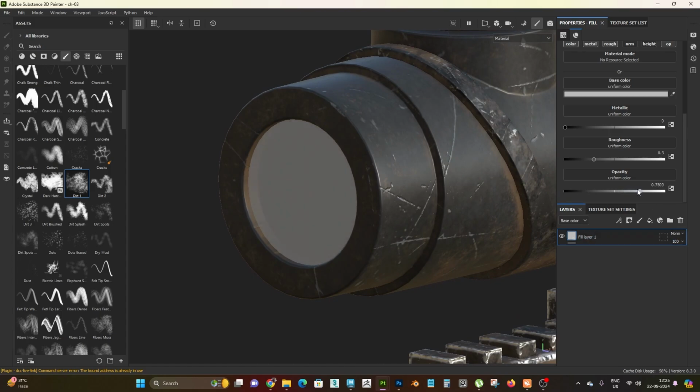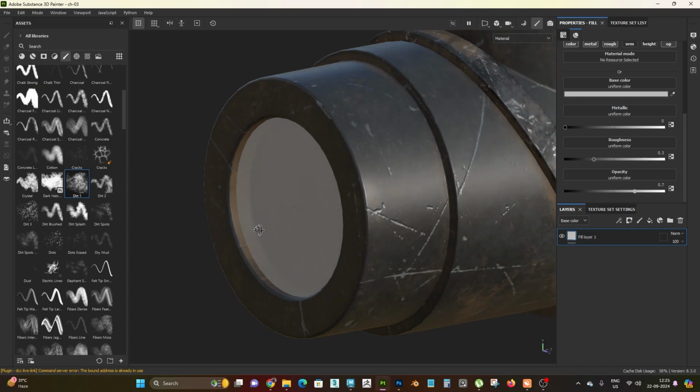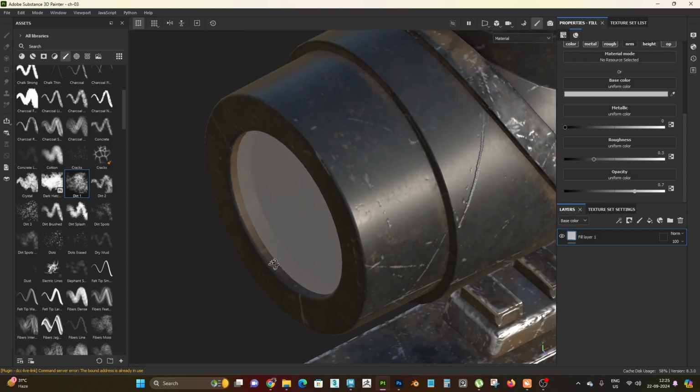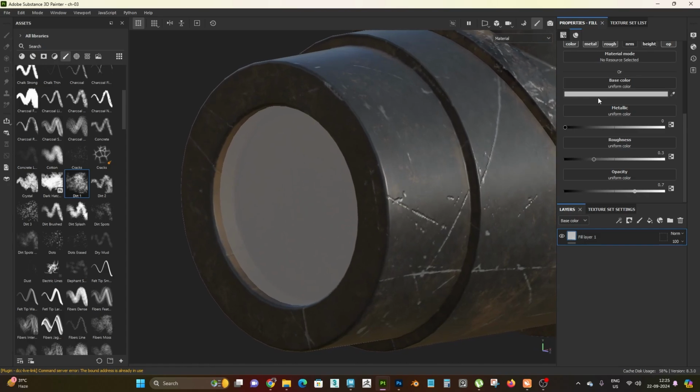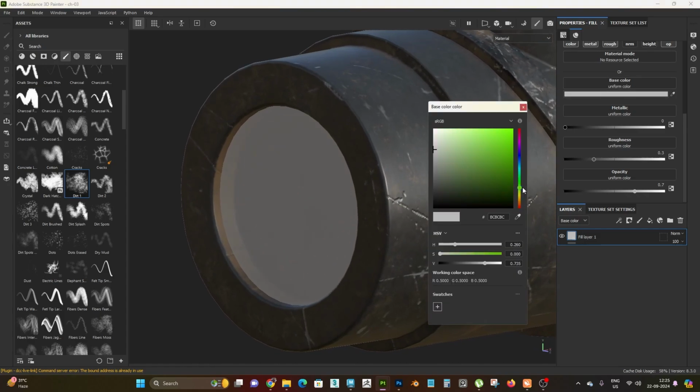We don't want it in high quantity, so you can write something like 0.7 opacity, like 70% transparent material, and change the color of the transparent to be, I think, green, blue, whichever color you want. I am going to change it to green, like